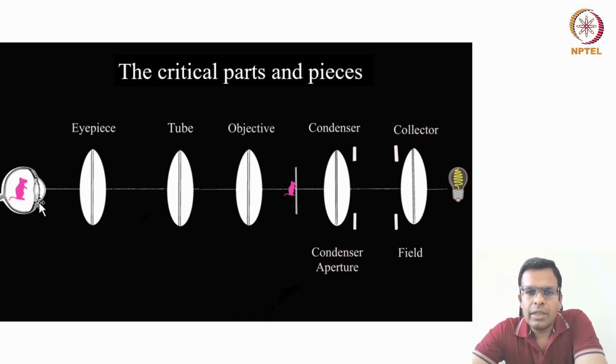Now see, on your eye you want to project the magnified image of the object. You do not want to project the image of this light bulb, or the filament of the light bulb, because if you align the microscope lenses in such a way, then you will start seeing the image of the light bulb or its filament on your eye, instead of the sample. But you have to align it in such a way that you can see the image of the object and not the light source. That is known as Kohler illumination.